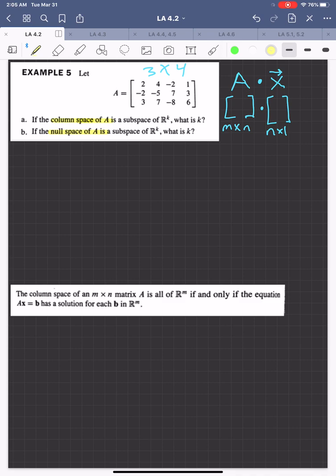Example 5 gives us a matrix A. Now, that same matrix A is going to be used for the next couple examples, so I'm going to copy it to each page. They give us a matrix A, a 3x4 matrix. And what we're asked to do, it says, if the column space of A is a subspace of RK, what is K? Right, so the column space of A